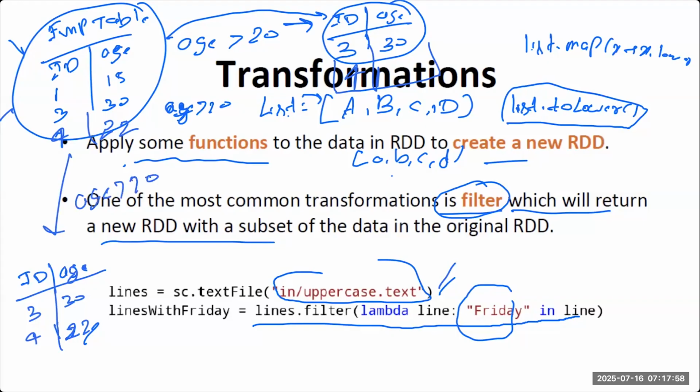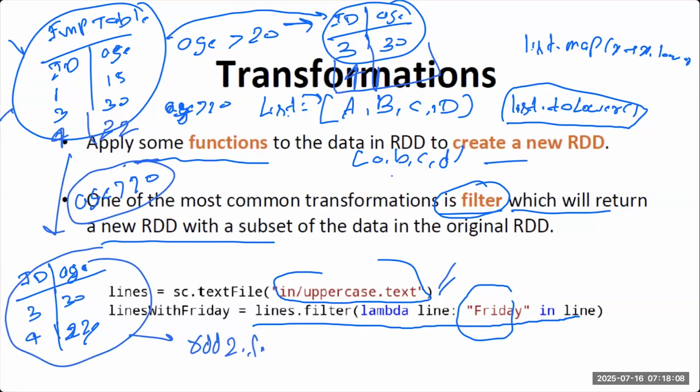Let's suppose I applied a filter where age is greater than 20. This is the transformation. And on this RDD, let's name it RDD2, I apply RDD2.first. If I write this, it will return me only the first record. It will send this to the driver, and the driver will return this record to us.